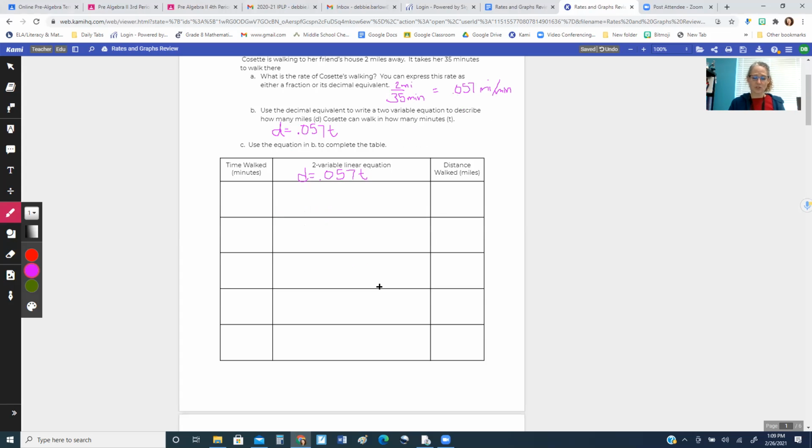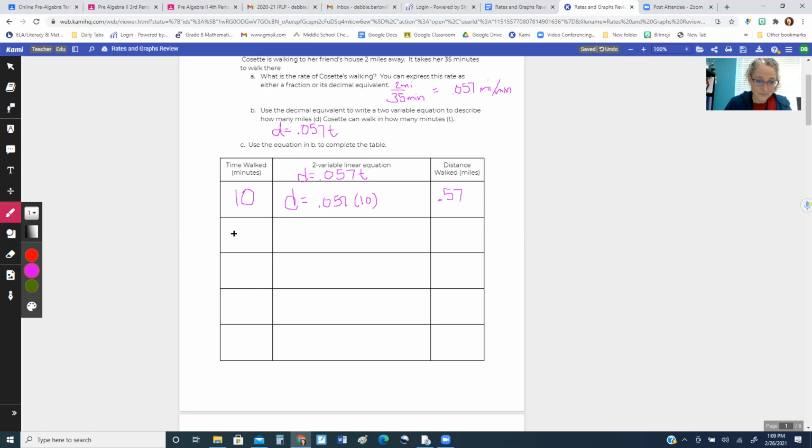All right. So now we have to choose. Do we want to graph how far she walks? Or do we want to graph how long it takes her? And it doesn't matter. So I'm gonna do time. After 10 minutes, how far has she gone? So distance is equal to 0.057 times 10, which is going to be 0.57. Whoops, I added that in the wrong place. So 0.57. So after 10 minutes, she's gone a little bit more than a half a mile, which, you know,